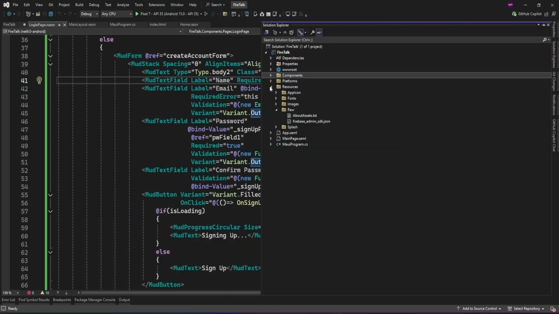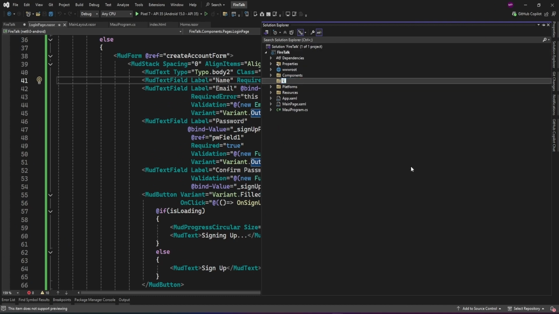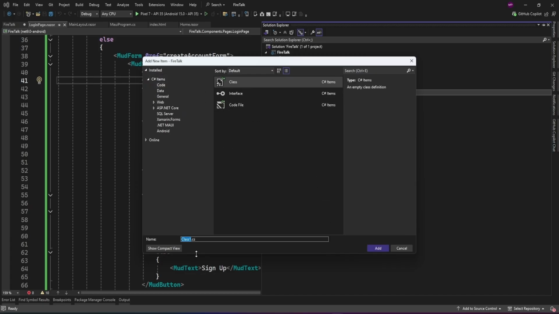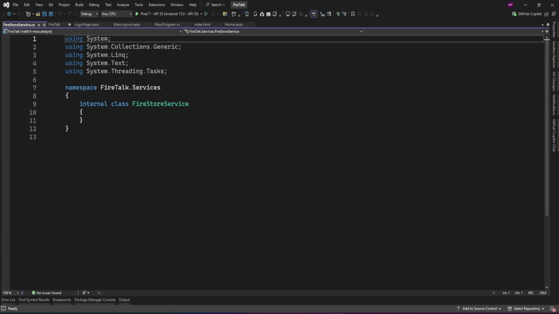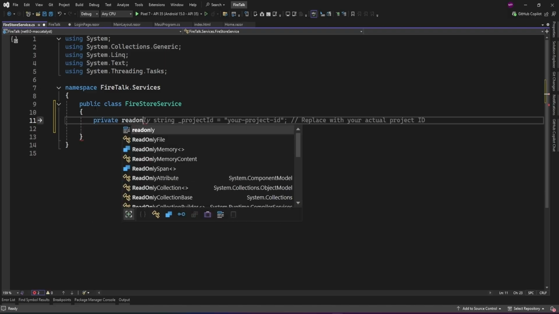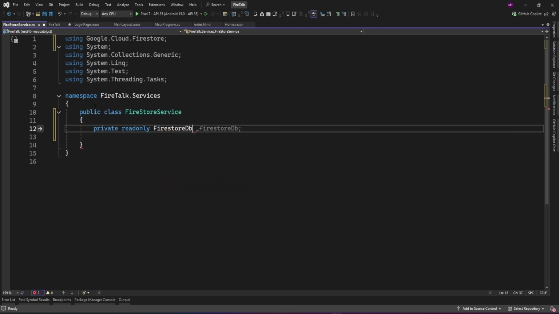Now here I'm going to create a services folder. In that I'm going to create the Firestore service. Let me add one class called FirestoreService.cs. Okay, here I'm going to create one FirestoreDb property,